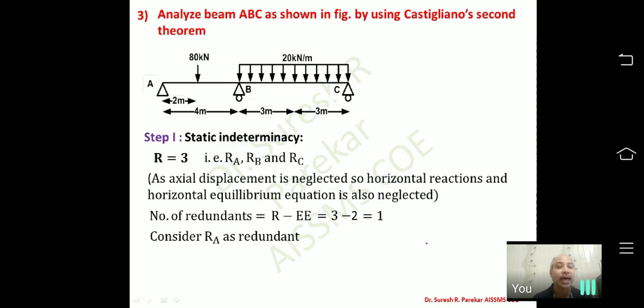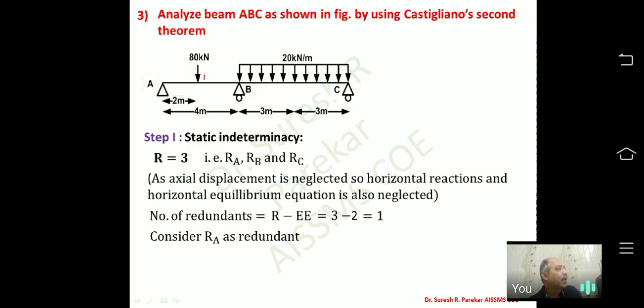Now why I considered RA and not considered RC? Because if I will consider redundant as RC, then I have to find RA in terms of RC. And then I have two regions where I have to use RA. But RC I have to use in only one region, which is CB, and therefore I can find RC in terms of RA and is one region. Therefore, it is preferable to consider RA as redundant. Now, in table, if you will see carefully, then you will come to know RA we have in A to D also and D to B also. We have D point we have to consider over here.